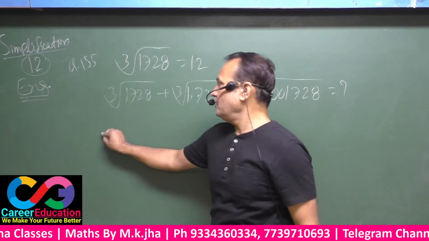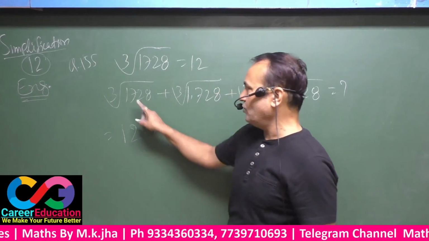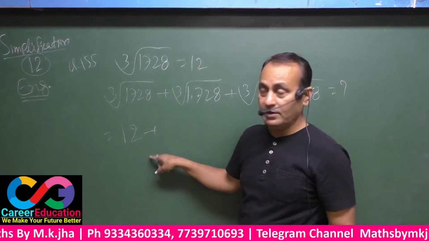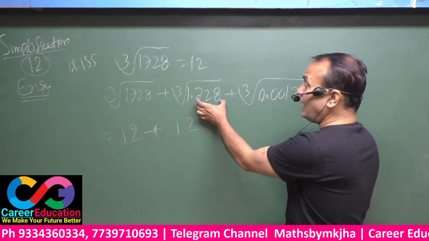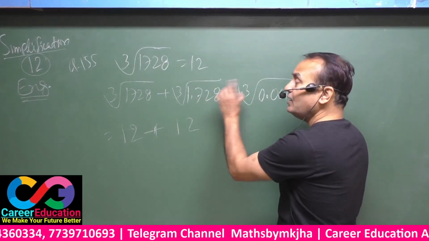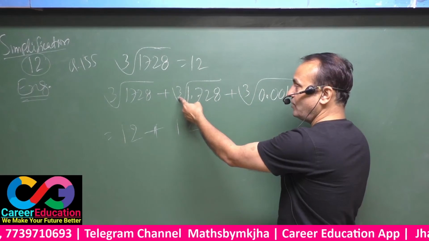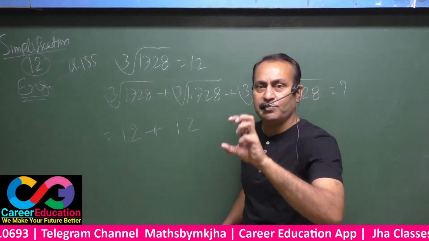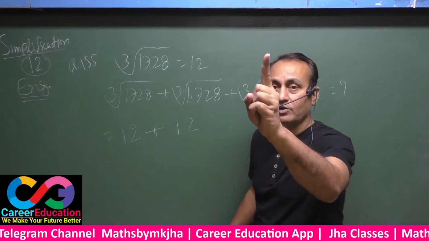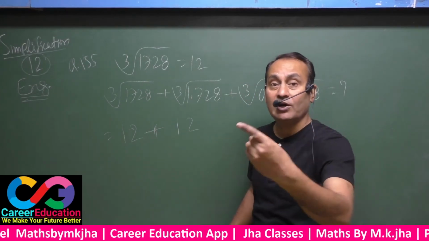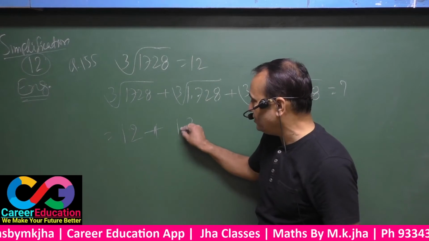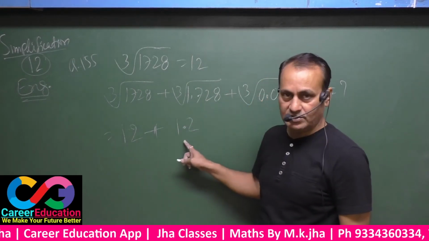Since the question is based upon cube root, this situation is exactly the same. That means for this the answer will be 12. But see, the decimal is after 3 digits, and this is a question from cube root. That means 3 must be divided by 3. You get only 1. That means in your answer 12, the decimal must be after 1 digit.